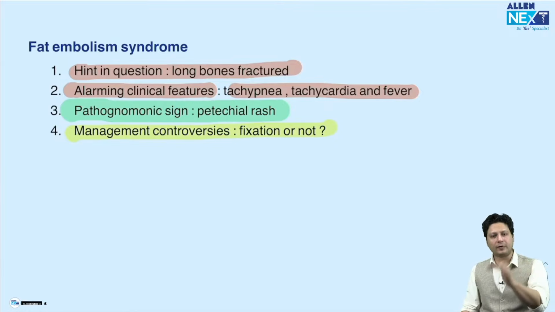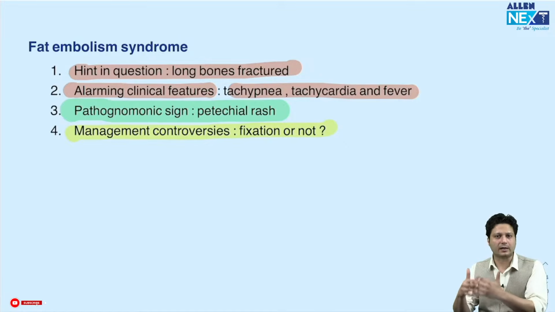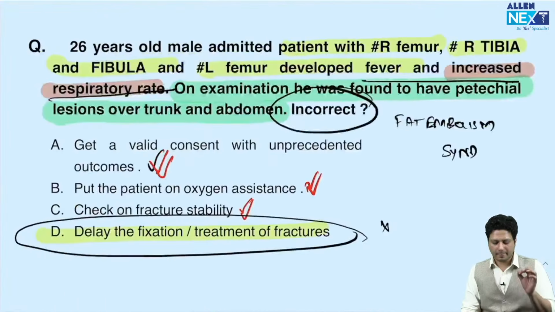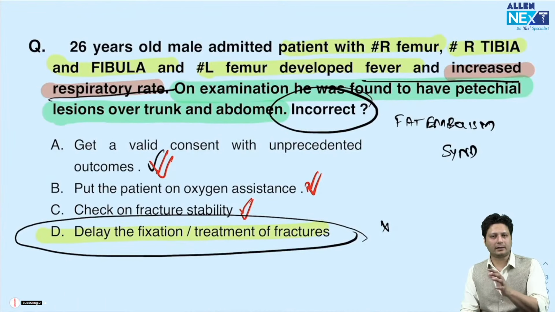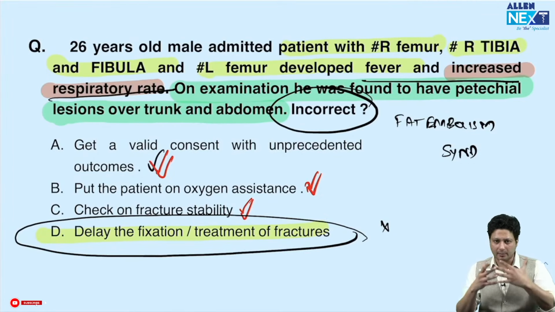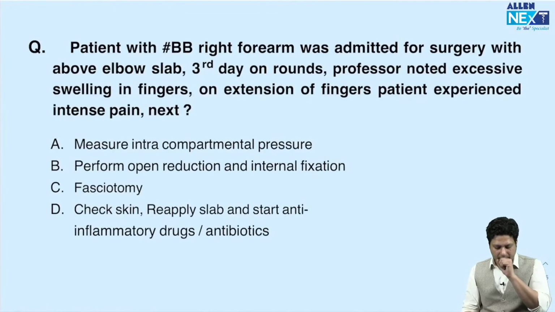So better to fix the patient, although it depends upon multiple factors, all right, but it is not a contraindication anymore. I mean, fixation of the fracture is no more a contraindication as far as this fat embolism syndrome is concerned. So hopefully this point is also clear. You just have to look at the question, identify the possibility that he might be suffering from, and then mark the correct answer related to it. Next is